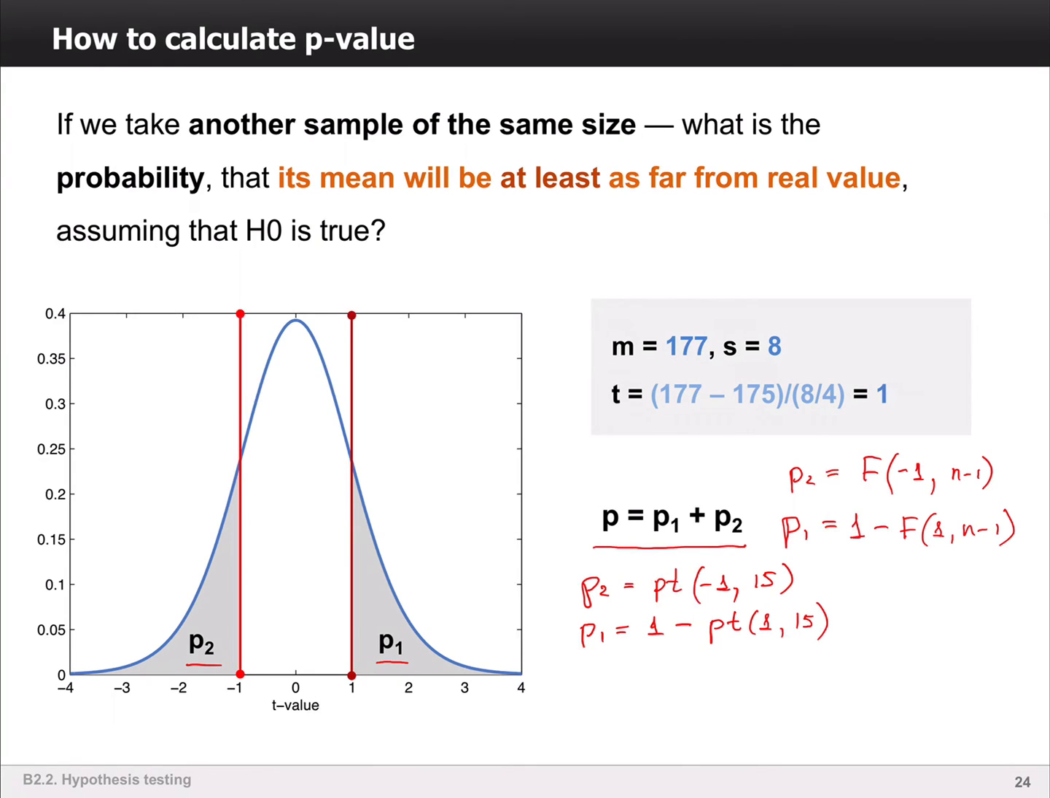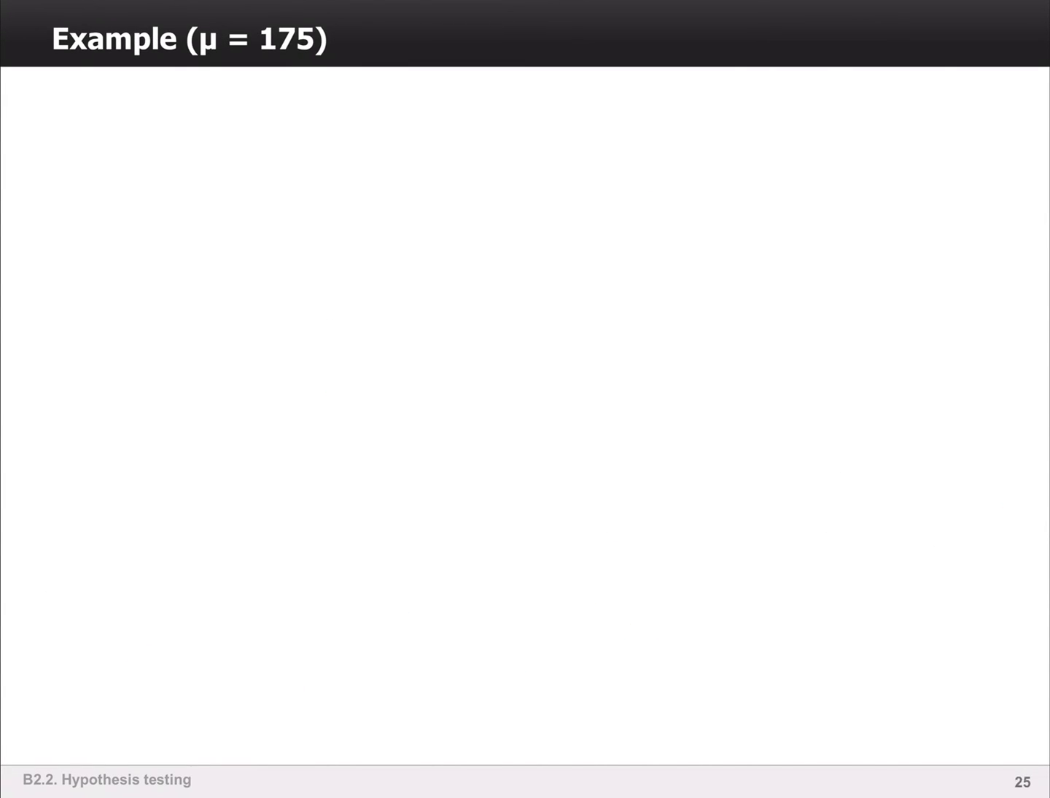But actually, it can make your life a bit easier because this distribution is symmetric. So P1 will be equal to P2. So you can find one of these, for example, you can find P2 or P1 and then just double it, which will give you the value you are looking for. Now, let me show you an example with the 3 samples we discussed before